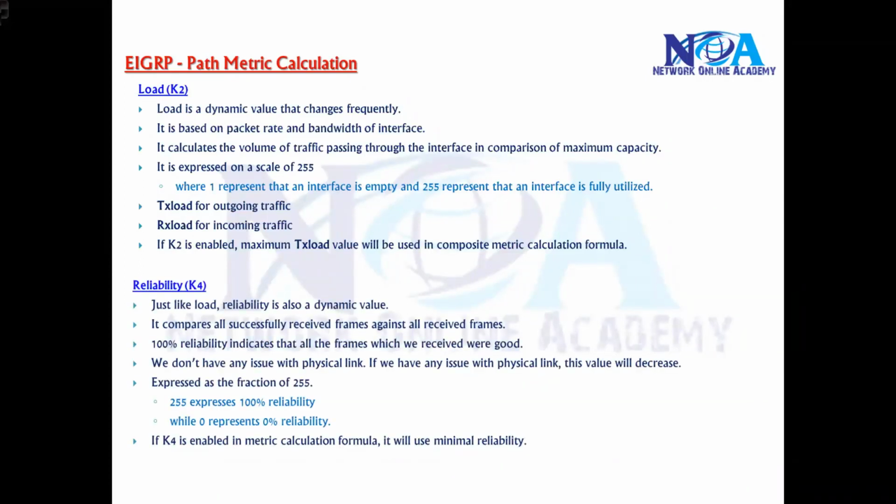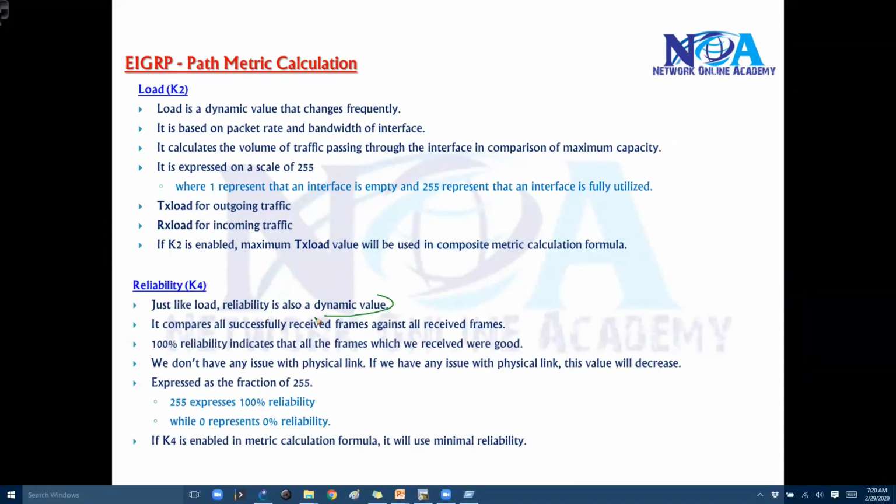Now the same thing applies to reliability also. Reliability is the same as load, and it is a dynamic value. Dynamic value means again it will keep on changing depending upon the status of the links. Reliability means trust; generally reliability is a common term used to define trust. It's going to compare all the packets which are being successfully received.